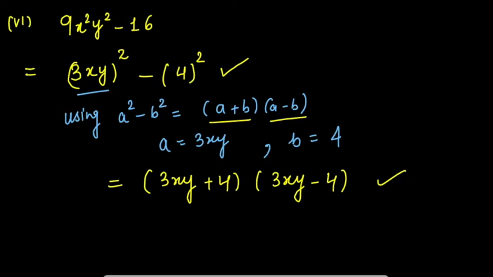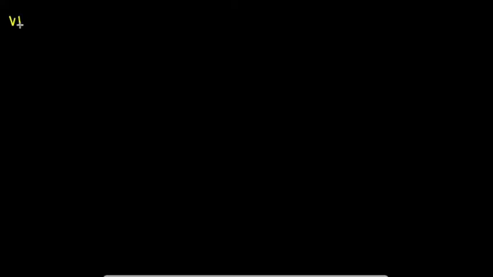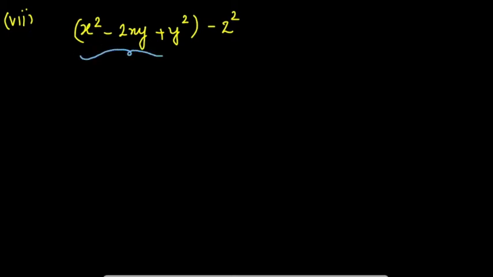Now we have the seventh part of question number 2, which is x² − 2xy + y² − z². Now again it is very important, first you try to read the question, how can you solve it. If you open it, you will be getting 4 terms, but by regrouping also you will not get any solution. But if you see these 3 terms, they are already given in the bracket, so let's focus on this bracket.